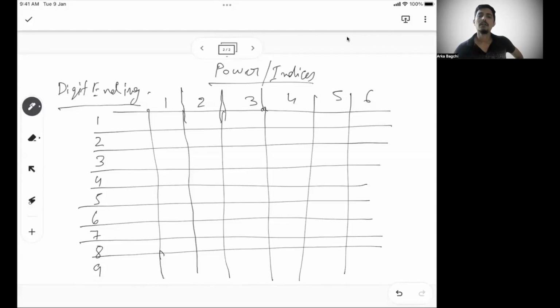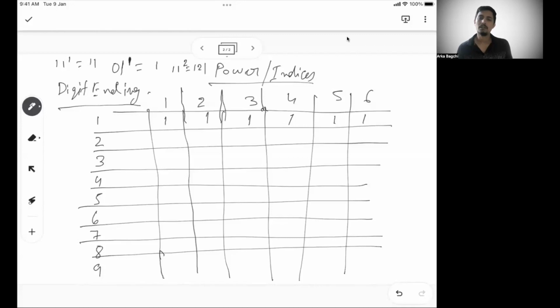What we can see is digit ending 1 and power ending 1, how should we read it? Say 1 to the power 1. A number ending with 1, let's say the number is 01, with a power of 1, what should be the last digit here? The last digit will be 1, 1 to the power 1. What is the ending digit of a number, let's say 11 squared, 121? 1 squared is also 1. 1 cube is 1. 1 to the power 4 is 1. 1 to the power 5 is 1. 6 is 1. Everything is 1.